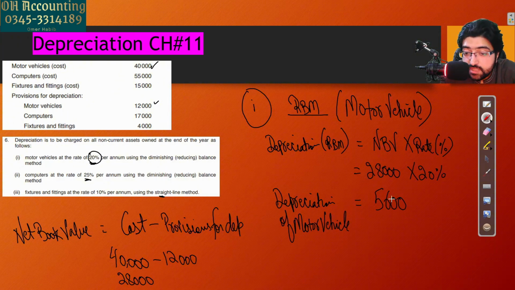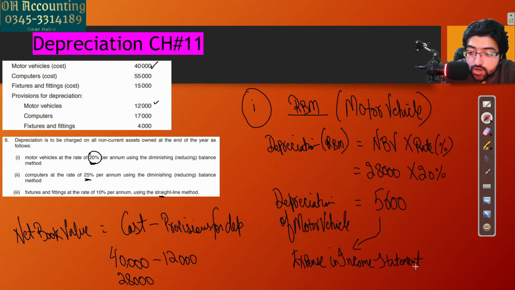Okay. What do we do with this amount? How do we record this in statements? Okay, remember, this will be recorded as an expense because depreciation is an expense for the business. Expense in income statement. So while you're preparing the income statement, make sure to record this as an expense. You will simply write depreciation of motor vehicle and the amount 5600 in front of it in the expenses section